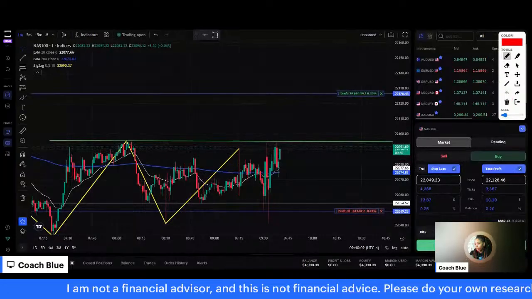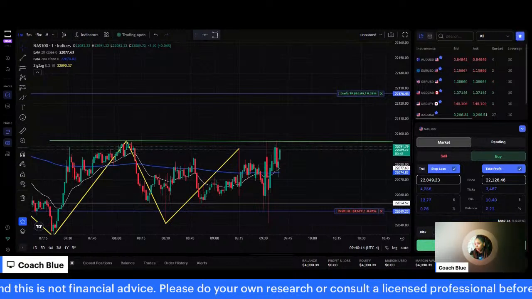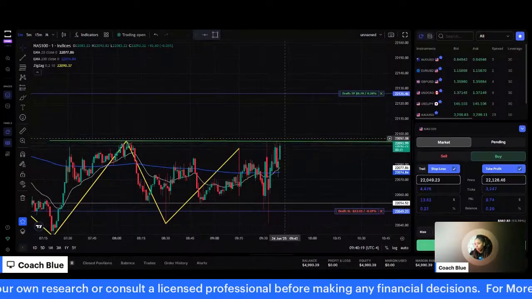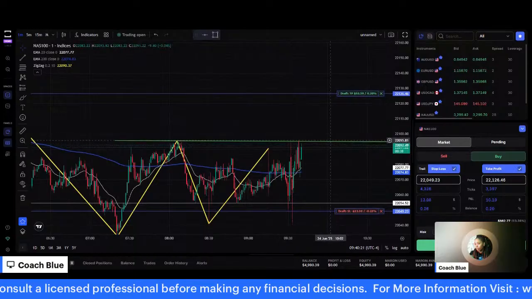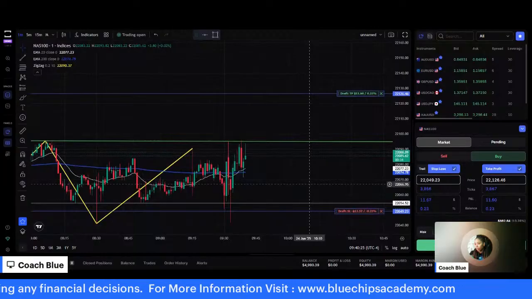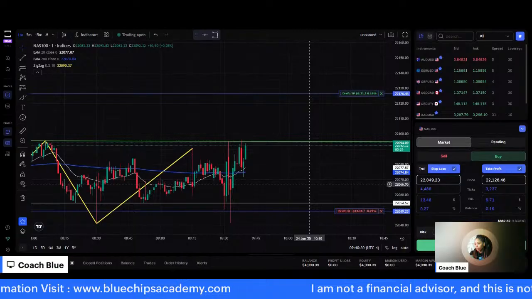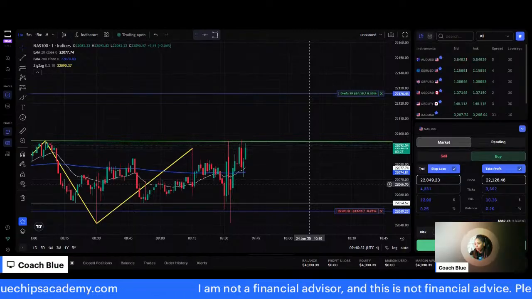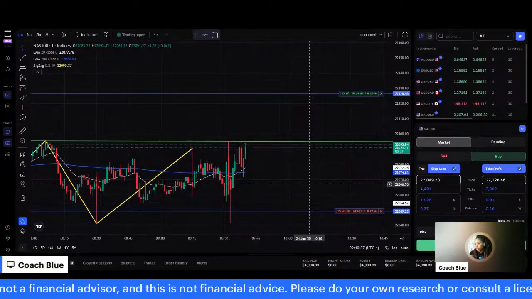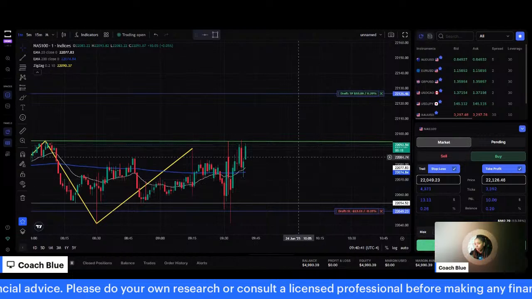Let's see if this is our candle that breaks us through. We want to check off those 3 components: breakout, pullback, continuation. If we can check off those 3 components, then we have a good possible entry for a buy. Okay, so we got 35 seconds left on this candle. Again, we always want to wait till the candle close. It can start off small and end up big, or it can start off big and end up small. So we really have to be patient and wait to see if it's an opportunity.